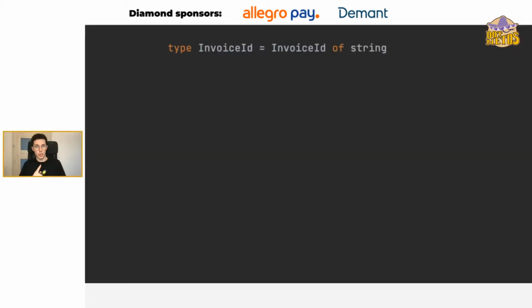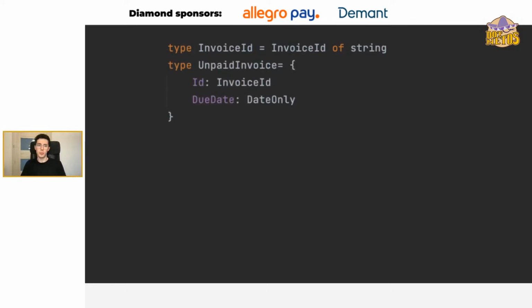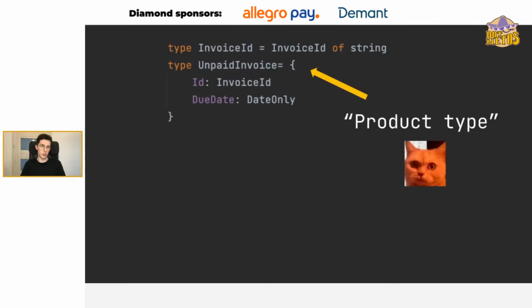So what clicked for me after reading this book was the approach of modeling with unions, instead of creating classes with initialized fields or enums inside of it, or sometimes overcomplicated inheritance. So once again, a type identifier. This time it's F# code, but believe me, you can follow this along. The syntax is pretty simple. One more time, we have an unpaid invoice, and it's called in F# a product type, but basically it's the same as a record or a tuple.